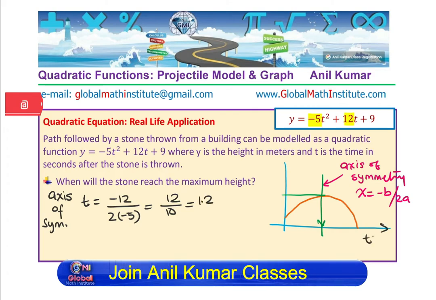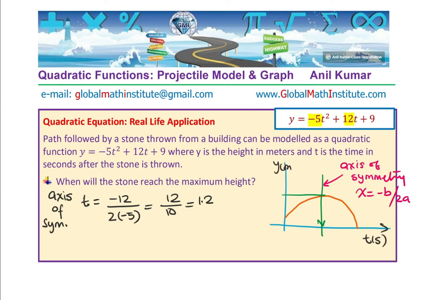Time is given to us in seconds and height y is given to us in meters. So therefore, after 1.2 seconds, the stone reaches the maximum height. So we can write down this answer. 1.2 seconds, stone reaches